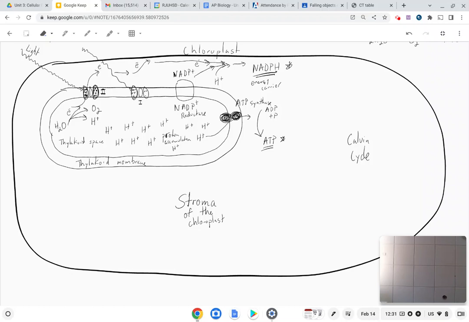So the stroma is just kind of like the solution that's in the main space of the chloroplast. So we've got the Calvin cycle. So let's go ahead and start with this thing called something that I forget the name of. I'm sorry, you guys, I'm blanking on the name, but it's a